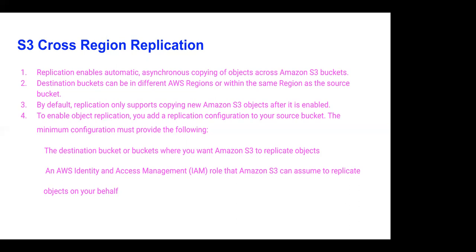Now what are the prerequisites? The simple prerequisite is, when you go ahead and create a replication rule, you need to specify your destination bucket and a role, because as I told you, to do anything on AWS, you need to have a role associated. When this replication rule is created, we are telling that the source bucket is going to assume this role which we have specified. Using this role, the content from my source bucket would get copied to my destination bucket.